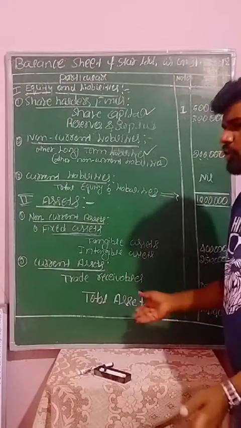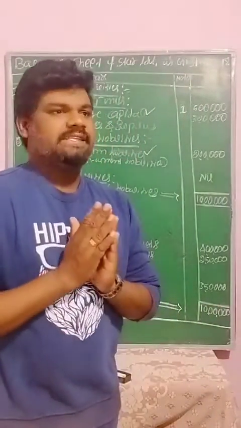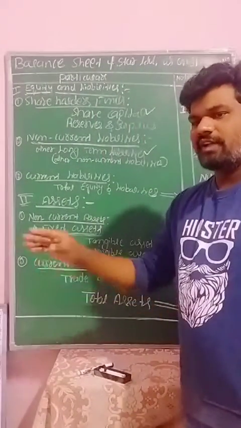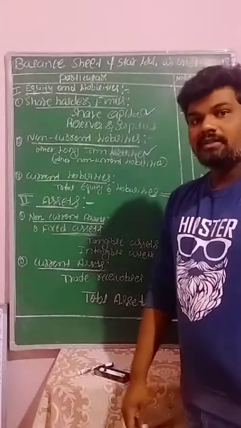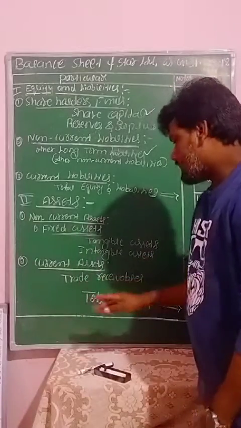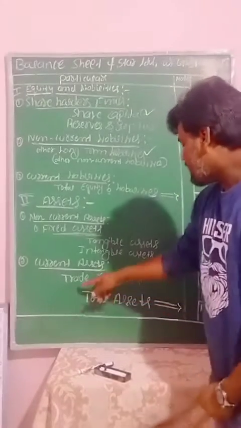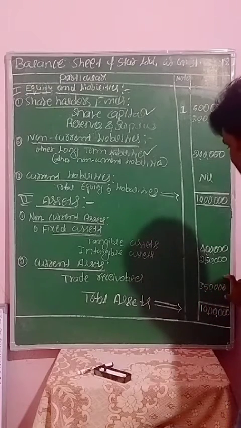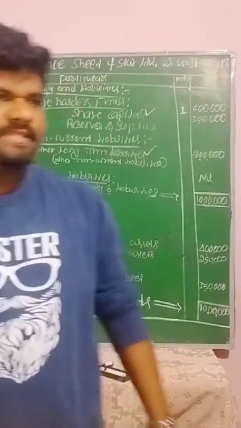Trade receivables include total debtors as well as bills receivables in the business organization. Suppose in the question they give the debtors value as well as bills receivables, in that situation we need to apply a working note for trade receivables. But as per this question, no need to take working notes, because directly they gave the trade receivables balance of 3,50,000 rupees, right? So these 3,50,000 rupees are the total current assets in the business.